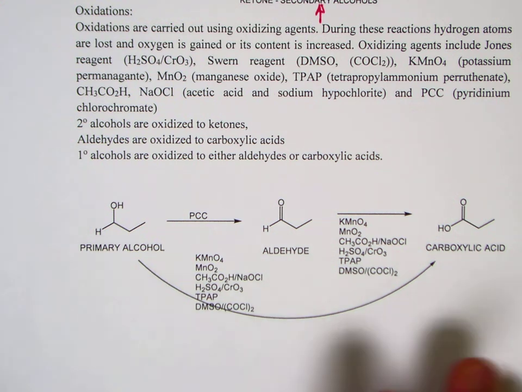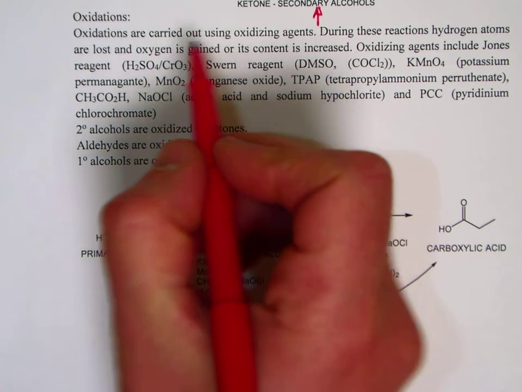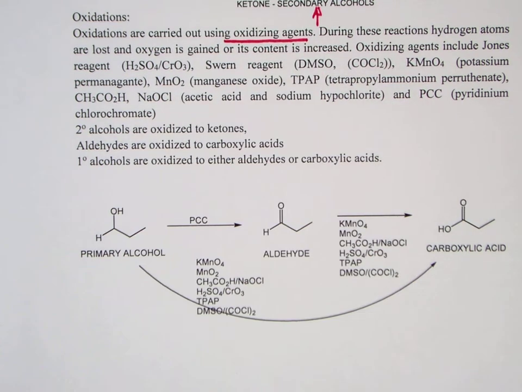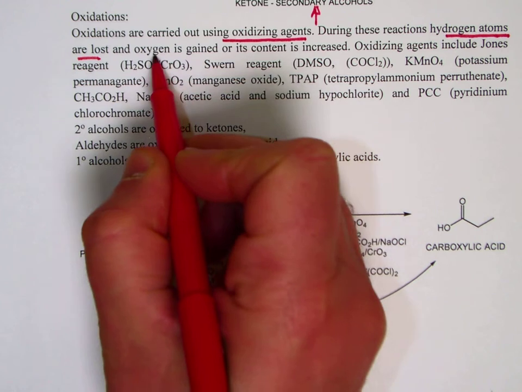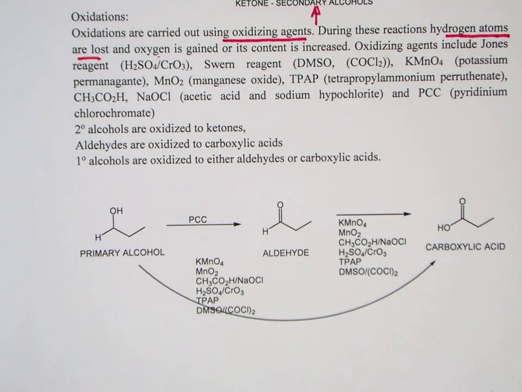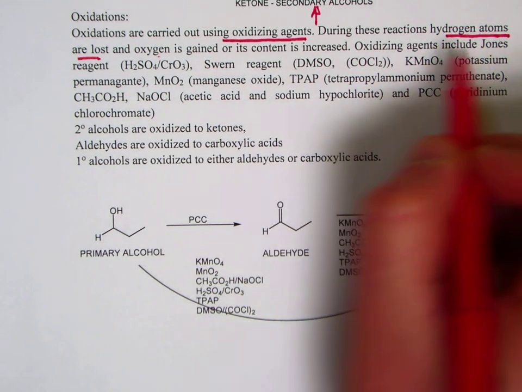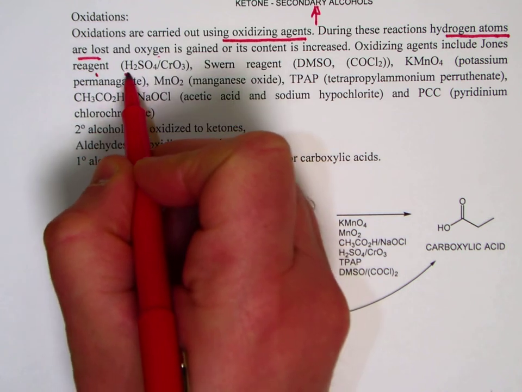So let us look at oxidations. Obviously, oxidations are carried out using oxidizing agents. During these reactions, hydrogen atoms are lost and oxygen is gained or its content is increased. We're going to look at a number of oxidizing agents, including the Jones reagent, which you can see is sulfuric